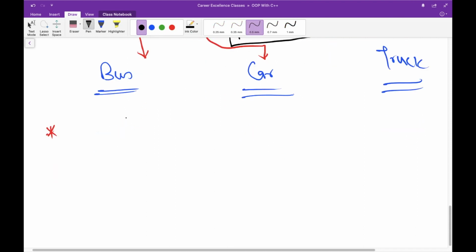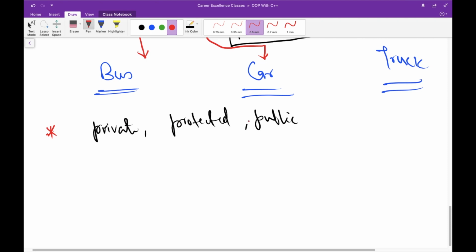So C++ basically offers three kind of inheritances, and these are private inheritance, protected, and public. We have talked about these access specifier previously, but in terms of inheritance we are discussing it now.